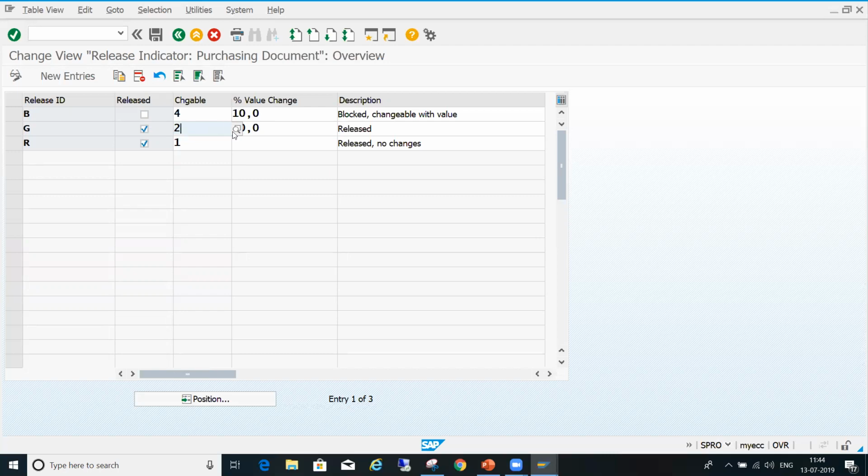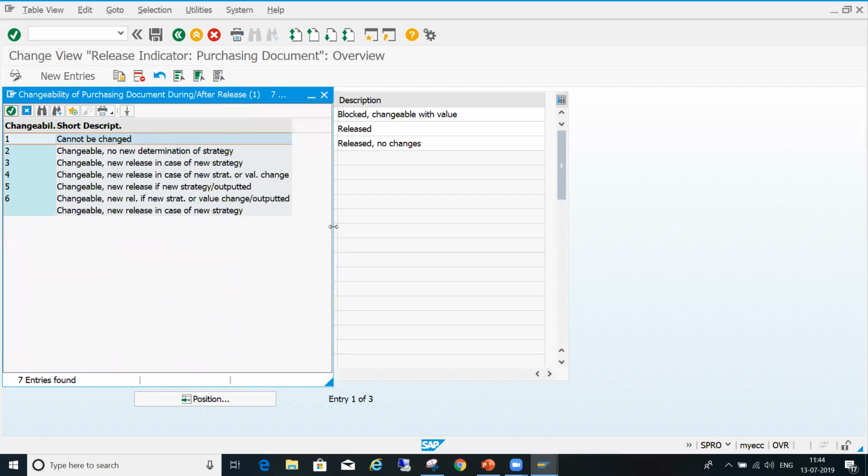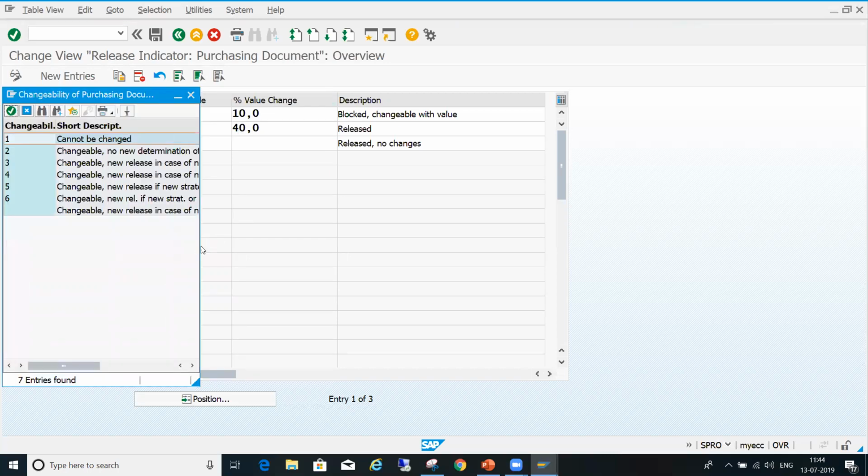Say for example, this is very, very important, this changeable indicator. We can make it 6. So what is the meaning? If the value changes, then a new strategy will trigger.